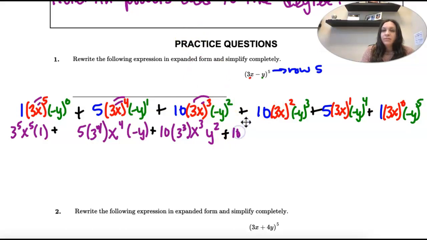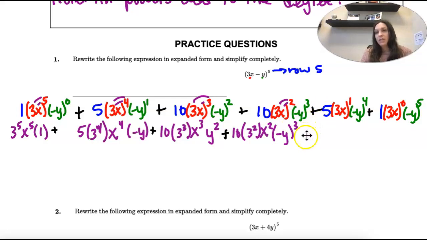10, 3 squared, x squared, negative y to the 3rd. I'm leaving it a negative because a negative times a negative times a negative is a negative. Plus